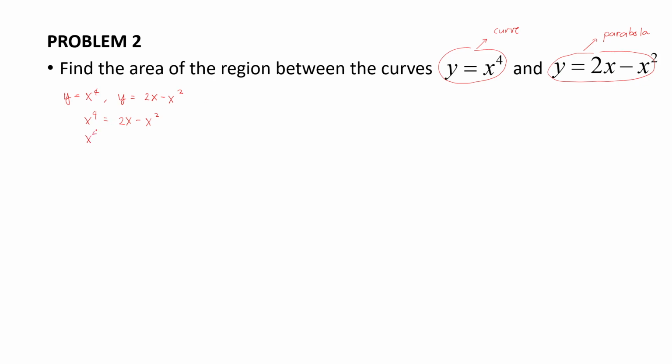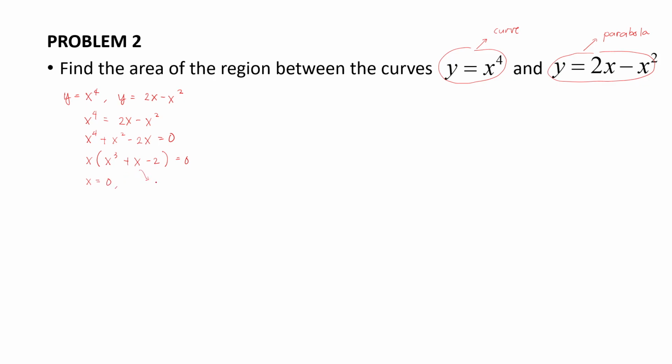Okay, so isolating all on the left side, 2x. So plus x squared, then minus 2x equals 0. So getting 1x first, so we have x cubed plus x minus 2 equals 0. Okay, so the first x is equal to 0, but for the other values of x, so this one is